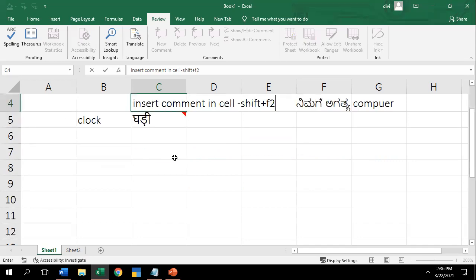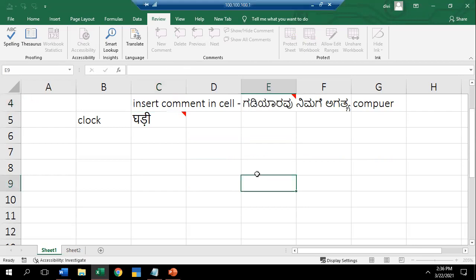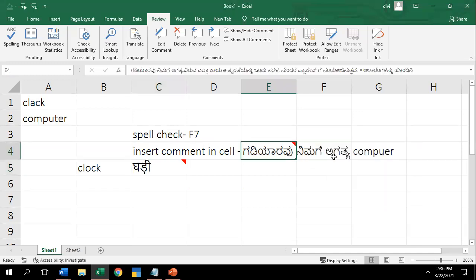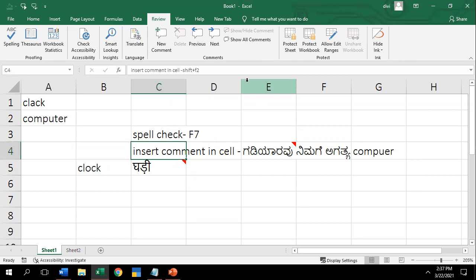Make a note of this. To insert the comments in a cell, you can click on Shift F2.